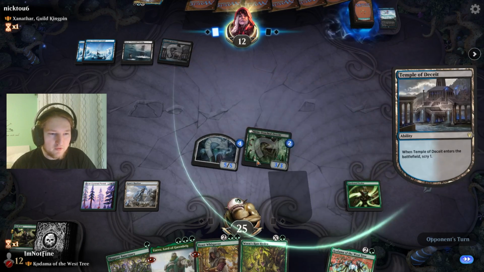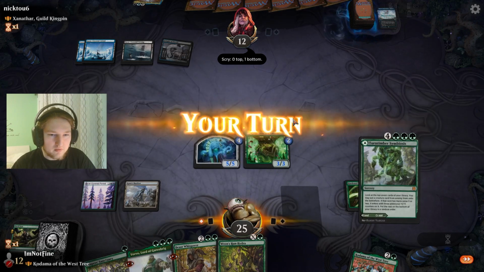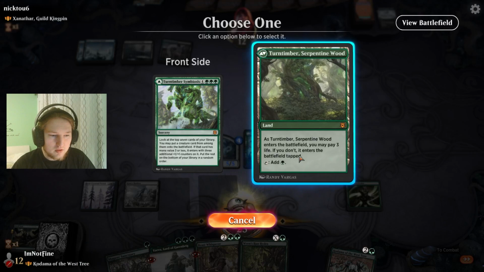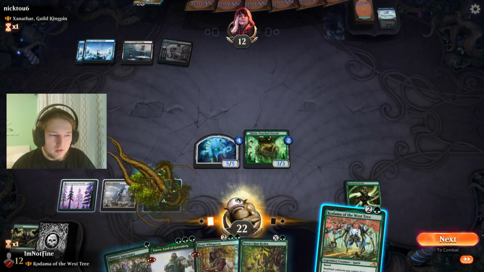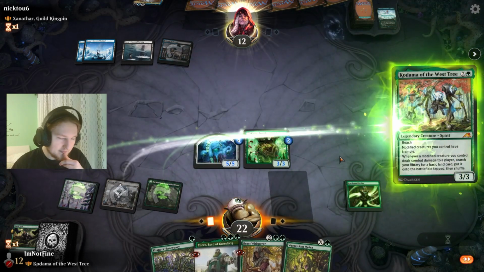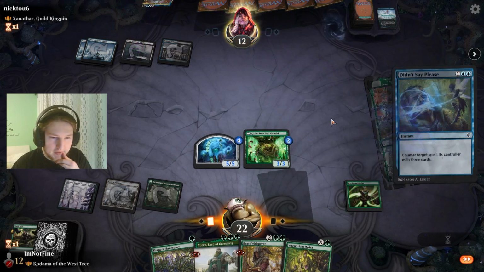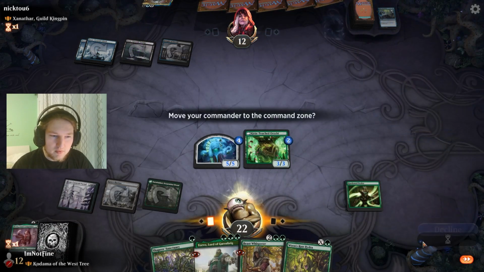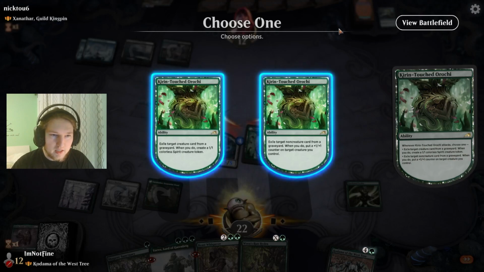They're at 12 life. The curve was really strong there with Hardened Scales into the Saga, into Proliferation. Okay. Counter this. Well, perfect. So this is the card I would really want to resolve here. And we can...